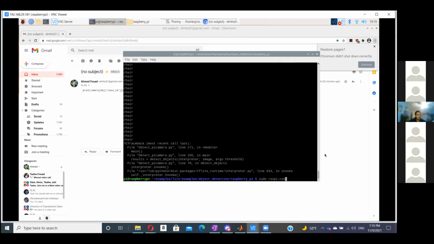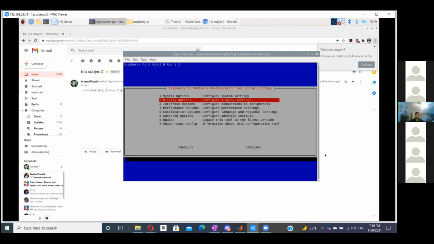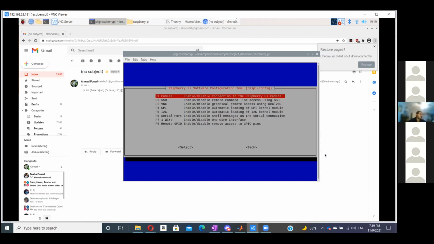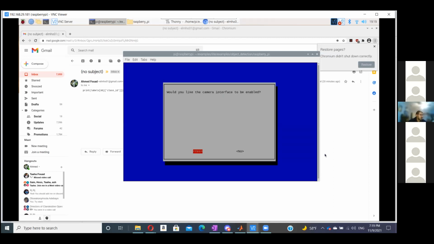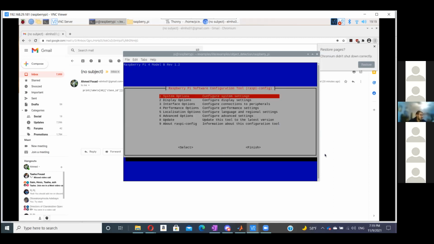Okay, so this is just going to open up the configuration menu, and the first thing you're going to want to do, oh wait, I didn't even talk about the camera. So you're going to want to enable the camera, right? That's the first thing. I'll talk a little bit more about the camera in a second, but you're just going to want to go into connections to peripherals, interface options, and make sure that your camera interface is enabled, finish, right?